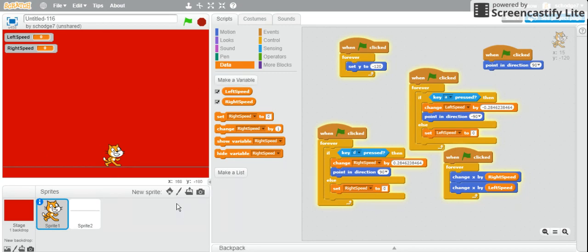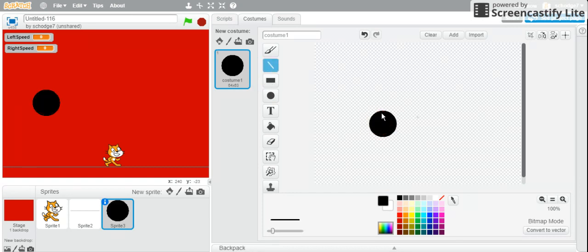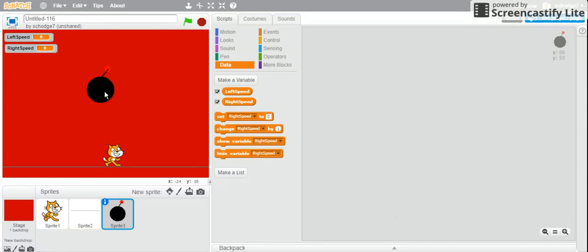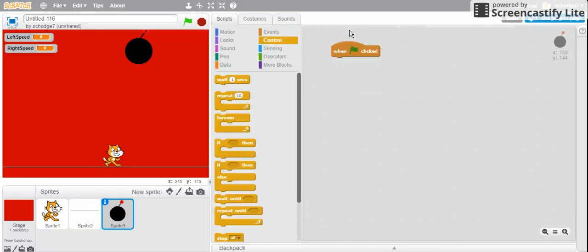So now we're gonna make our actual bombs. I'm just gonna make a quick, simple bomb sprite. There we go. Now we have made a simple bomb sprite. And now we're gonna go to its coding, and we're gonna make another forever loop,